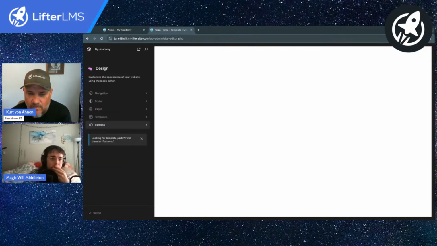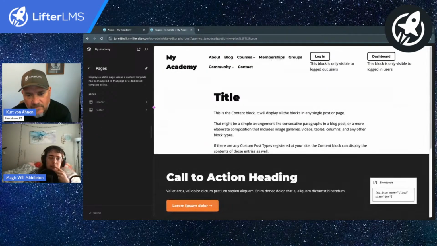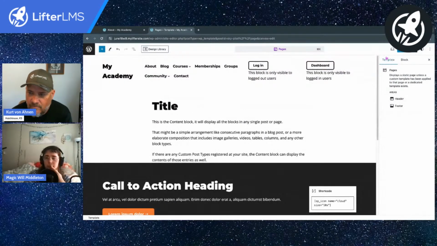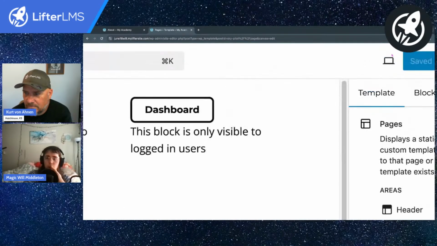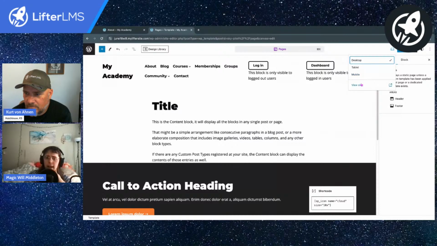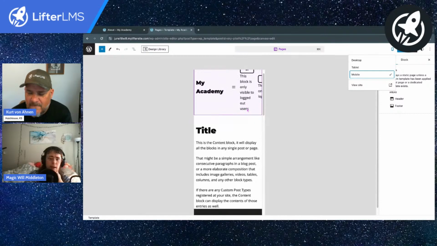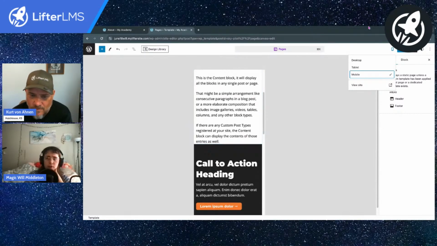But when it comes to mobile friendly, let's take a look at our options here. If I jump back to that page template I was looking at, and we edit this thing, there should be a mobile option. Here it is, upper right corner. There's this view button. Usually I click view in new tab. This is where I preview things, but you can actually go to tablet, you can go to mobile, and you can see what this will look like on that device. And my recommendation is to pull out your phone and actually give yourself a link so you can check this out as you're building it.